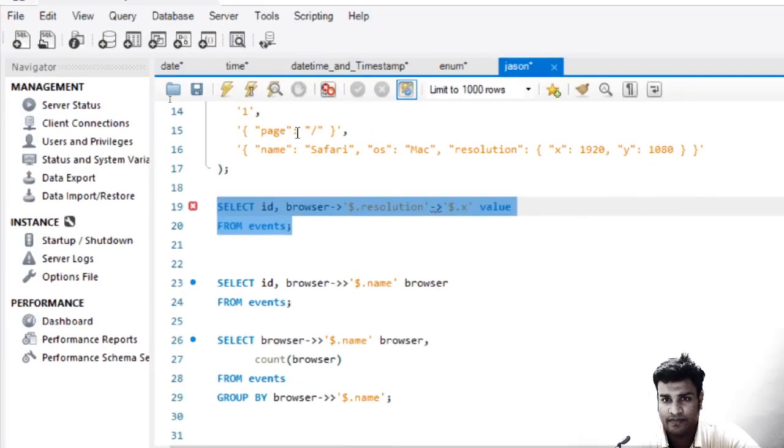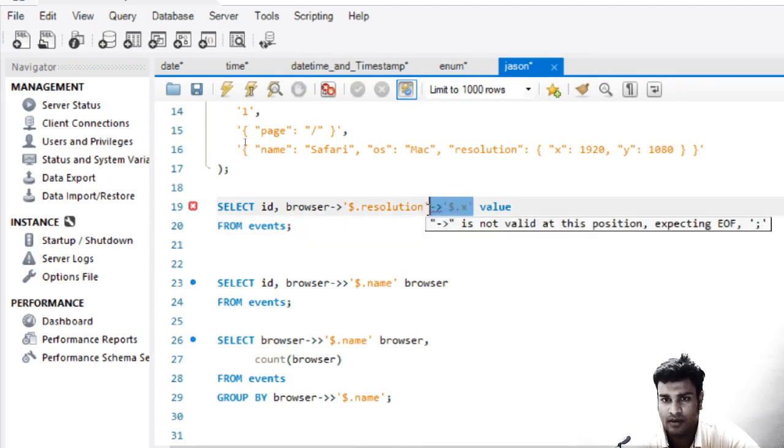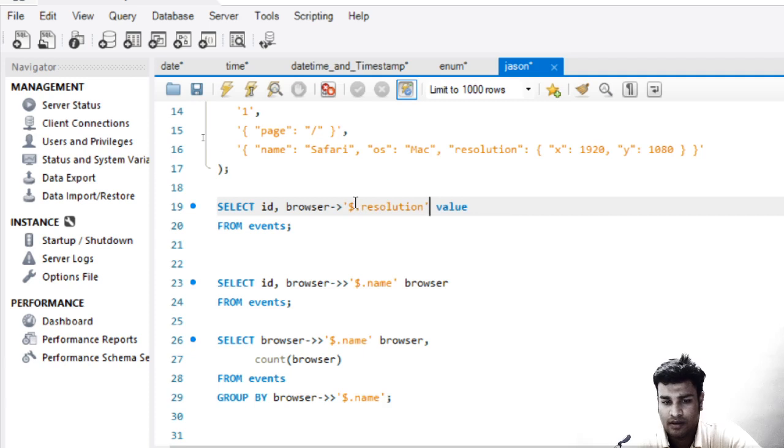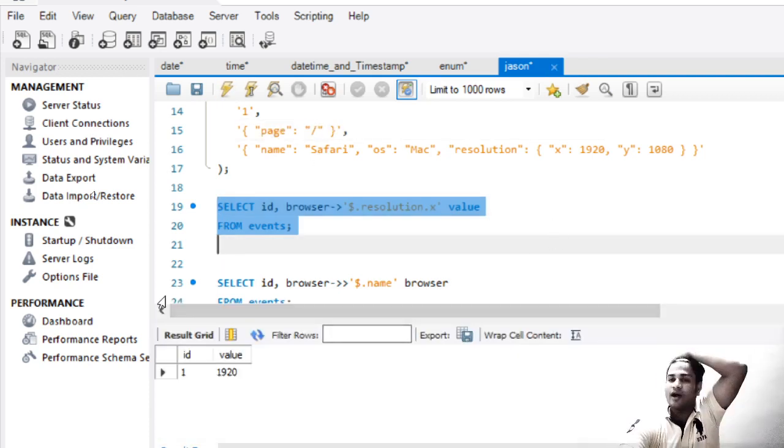It gives me an error. Okay. Dollar dot resolution dot X. So now you fetch the value of X, 1920.